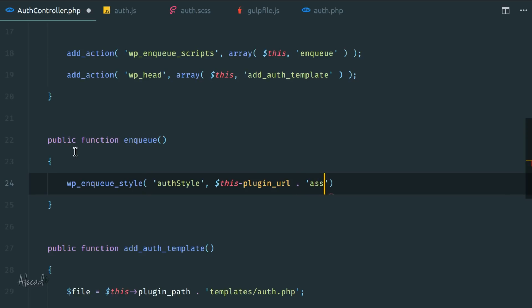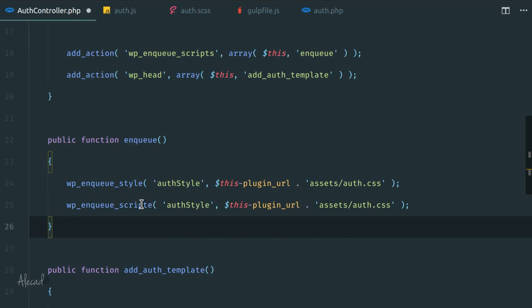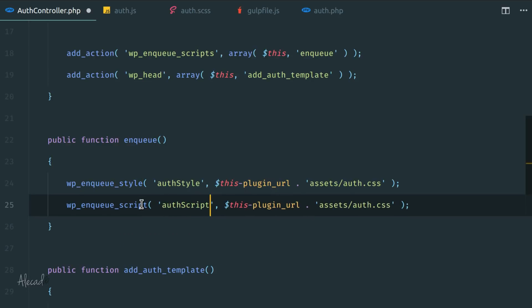So we're gonna go inside the assets, because that's the one that we compiled, auth.css. Perfect. And then we can duplicate this and change it with wp_enqueue_script. And also here, let's change it with script. And also here, plugin_URL